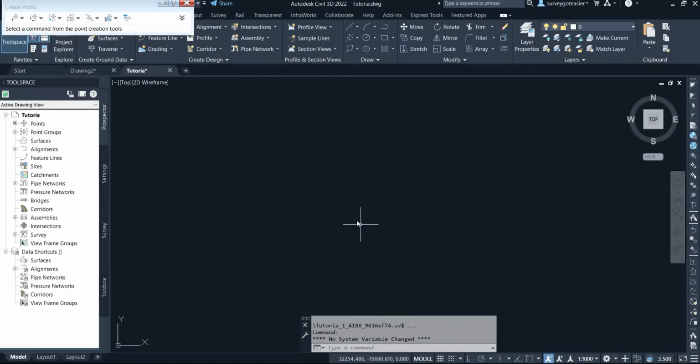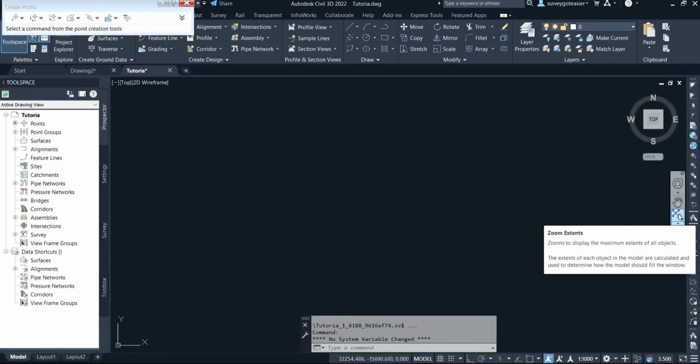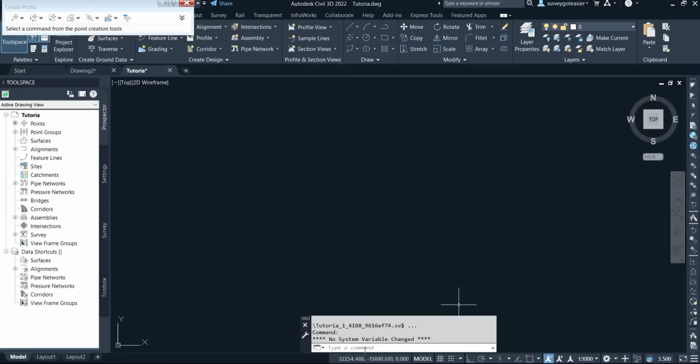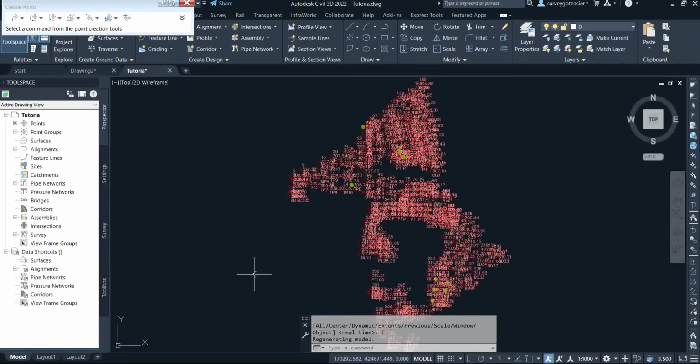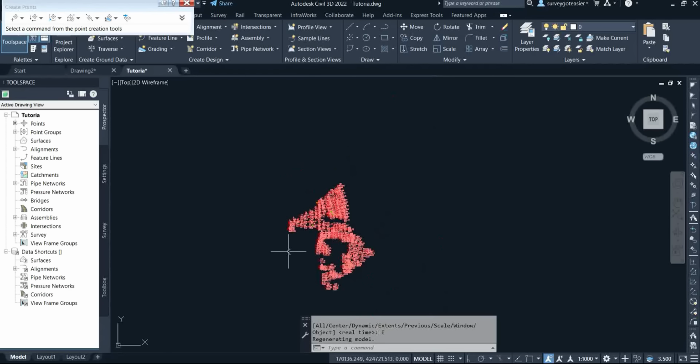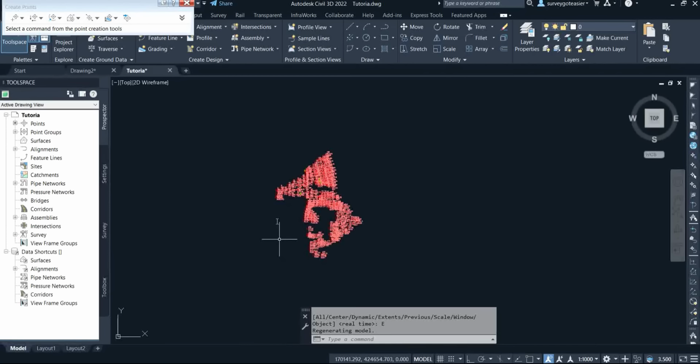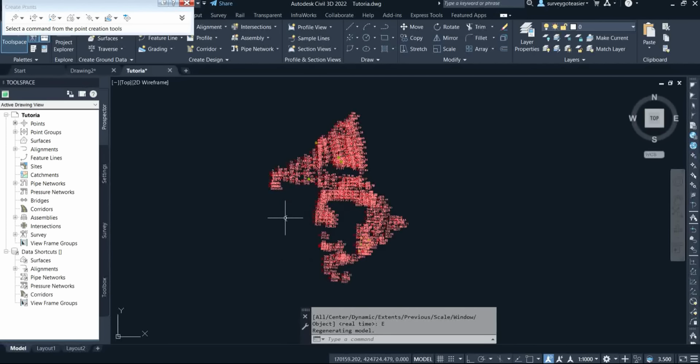After the data has been successfully loaded, you can come to this zoom extent. You just click on zoom extent, and automatically you have the data. Or you can come to your command buttons here, press Z enter, and then E enter. So we have the data now. This is the data that was just imported to the screen, and that is how to successfully import data